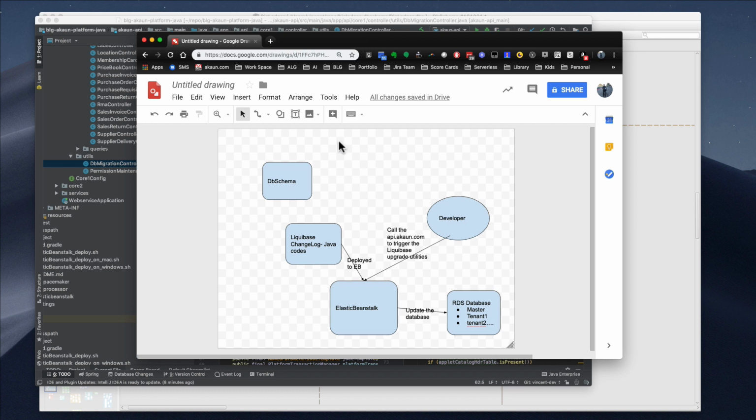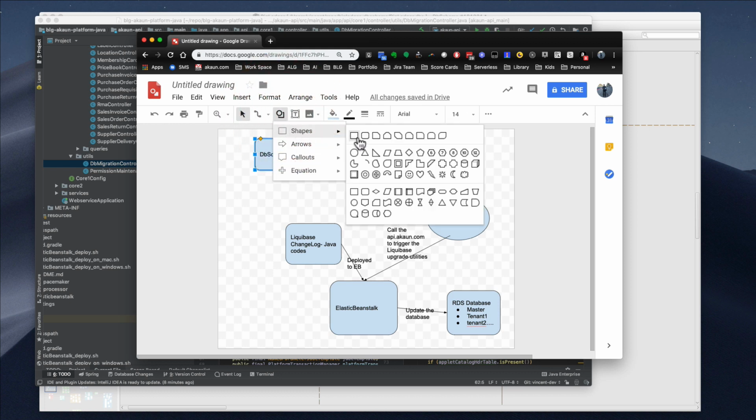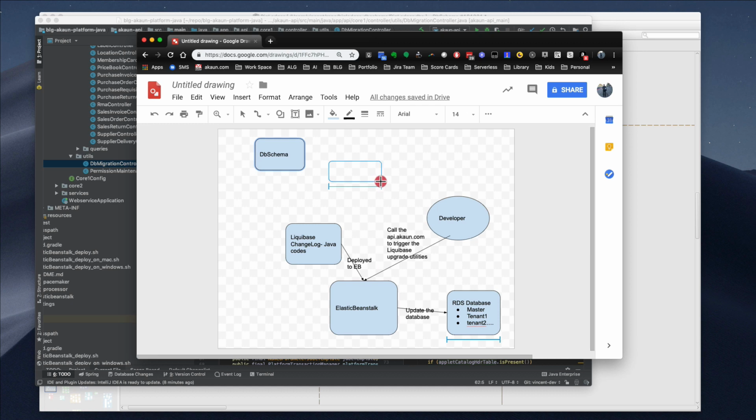Then this DB schema is actually in a repository, right? So we have another shape here. Okay, this is the Bitbucket repository for DB schema. So the thing is that when you run the DB schema, you can actually connect to multiple